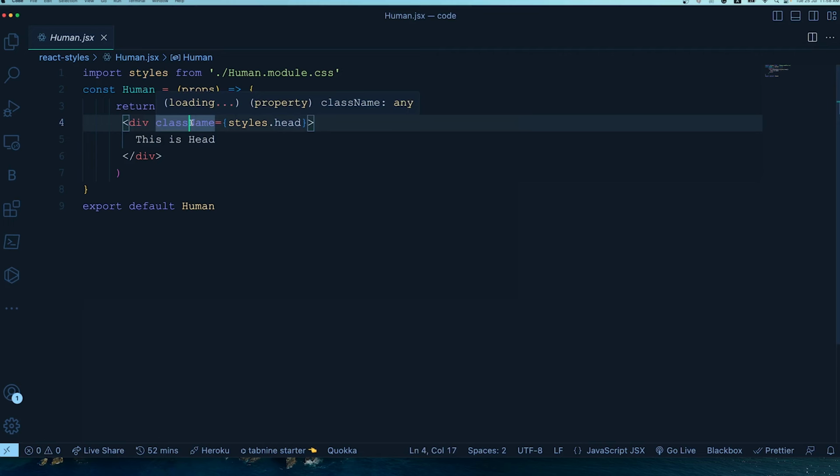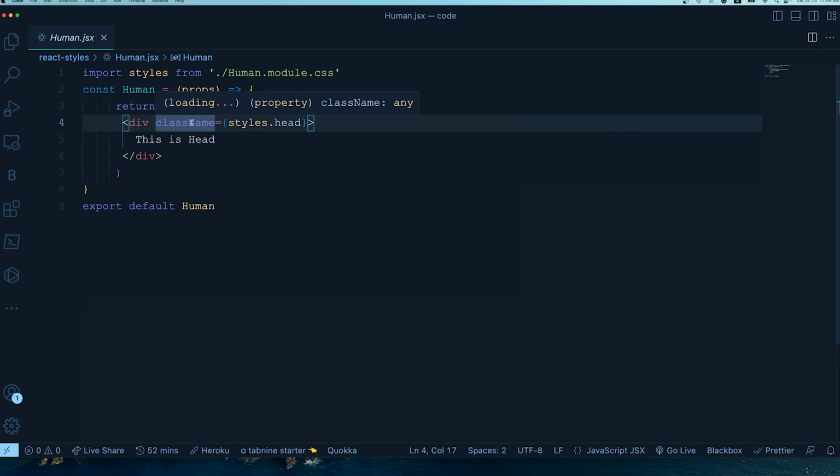So this is very good in terms of scoping. It generates a unique class name to ensure that you won't have any conflicts in terms of styling. And if you were using Create React App before this, you can immediately set it up.